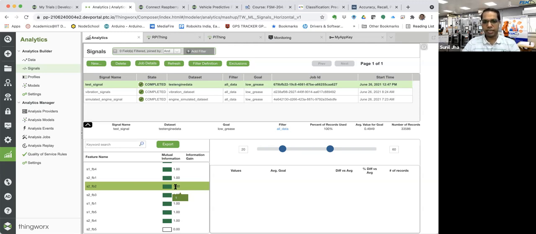If there is not much variation in the sensor signal representing the good grease and the low grease conditions, then that sensor is confusing actually. That sensor data is not giving a clear indication. So in this case, this sensor 2 FB5, you will see that it is showing 0.